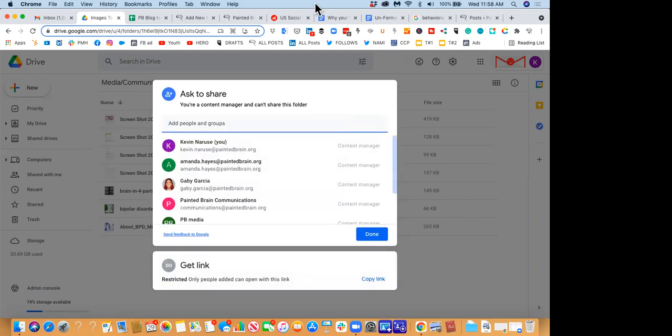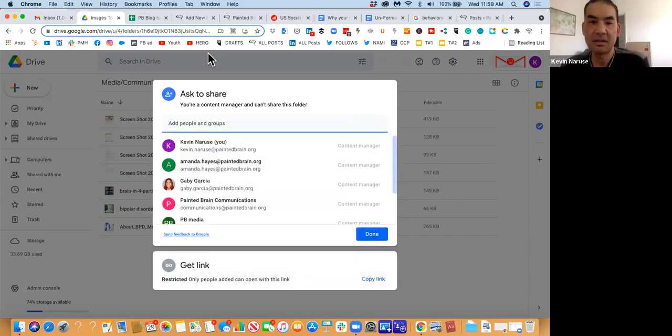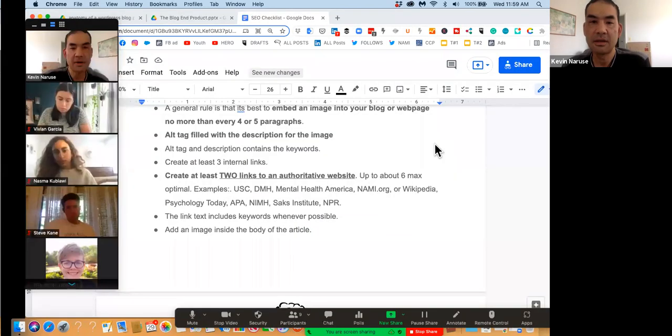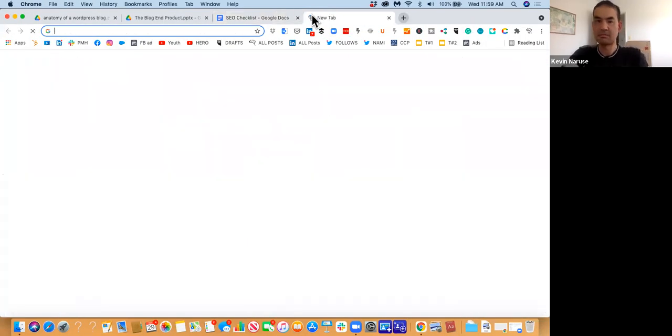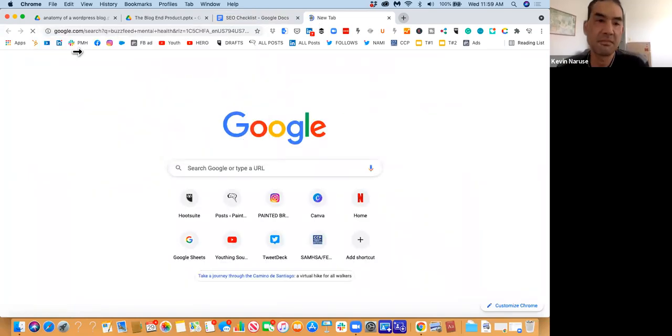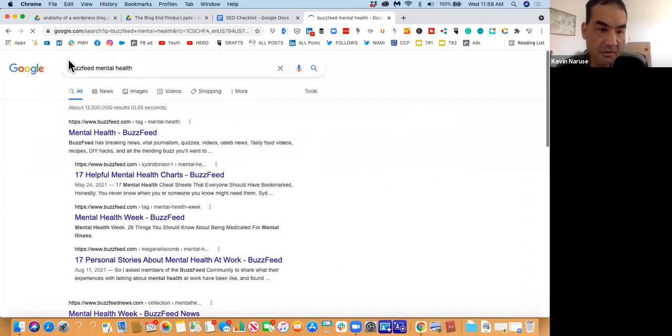Now, when you do, here's the trick to making sure that an image is going to be Google friendly. I'm going to find a random article and take a random image. When you save the image file, you want to make the file name very descriptive. Can anyone guess why?